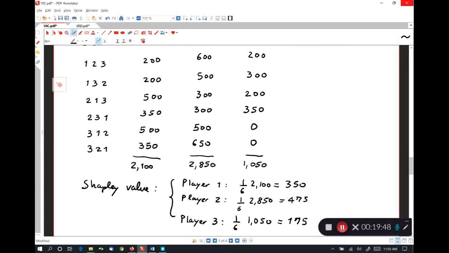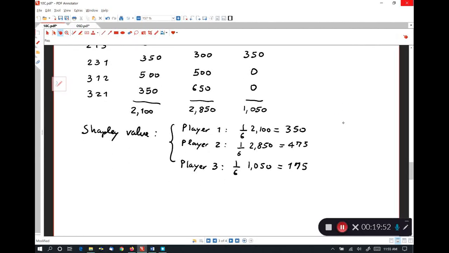And once again, let's compare this to the core. We have that the Shapley value, which is 350 to player 1, 475 to player 2, 175 to player 3, is in the core,